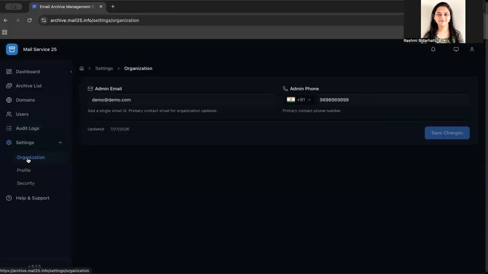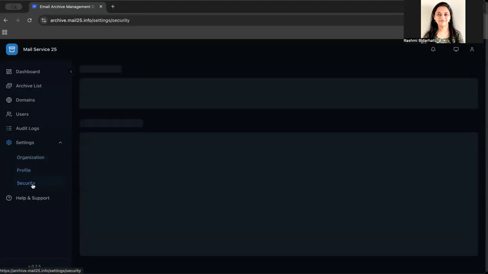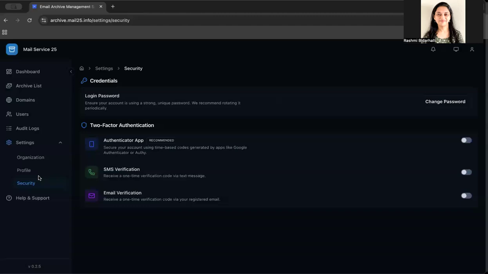Organization gives us the organization details. As mentioned, very important information about all the organization related emails, the space usage, or the current usage, all of those will be sent to the admin email and the phone number. And there's some basic information about the profile who has logged in and all of that. And yes, another striking feature here is two-factor authentication, wherein an authenticator app, SMS, or email verification can be used to make sure there are no invalid logins. There is an extra layer of security that has been added to our enterprise level